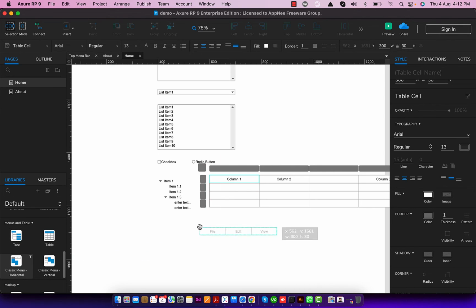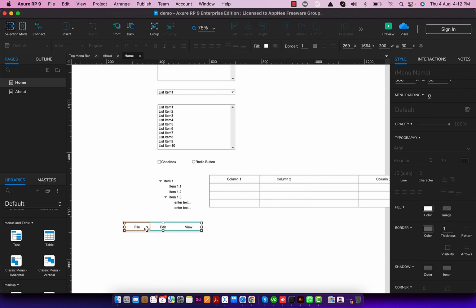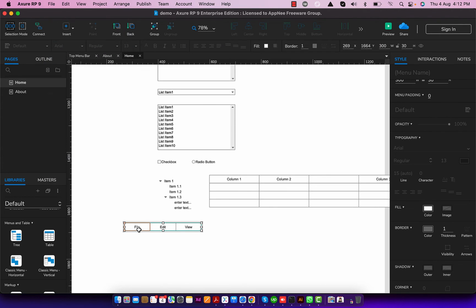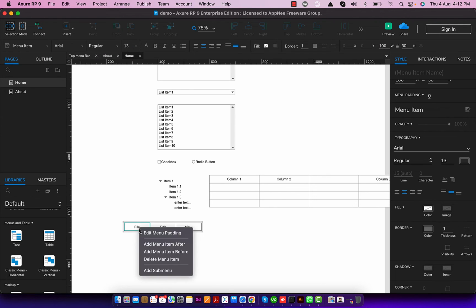Then we have menu. You have seen in the software, like we have this menu, then we have this and this, right? So this you can create very easily. Let's suppose you click file, add menu after, you can add one more menu. If you want to add edit menu,